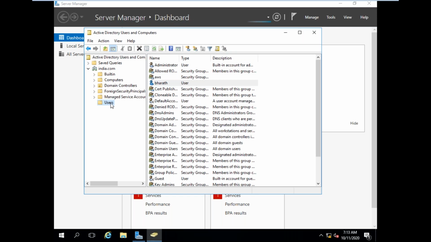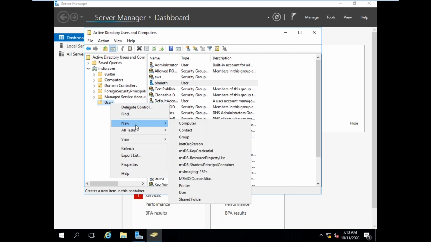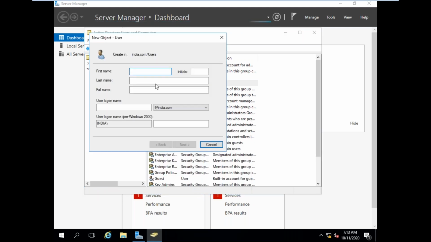Now if you want to create a domain user, right click on users. Click on new, new user. See, the options are changed. We are in the domain controller now. You can give first name or last name; I am giving the first name Shiva. Logon name Shiva@India.com.